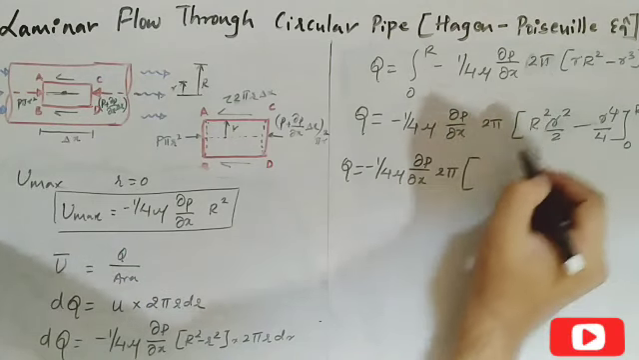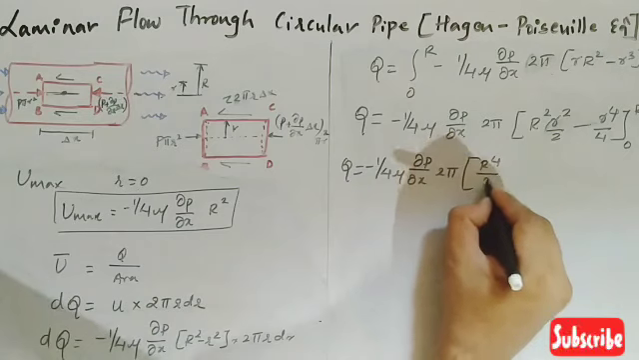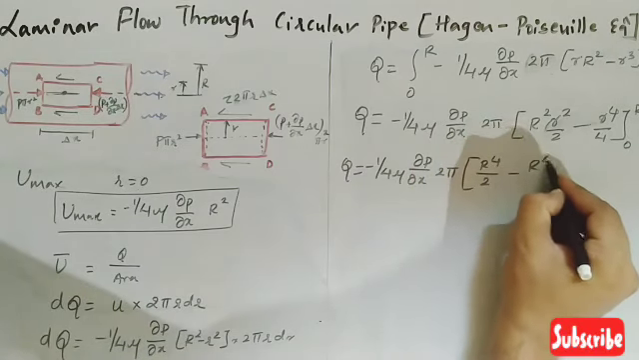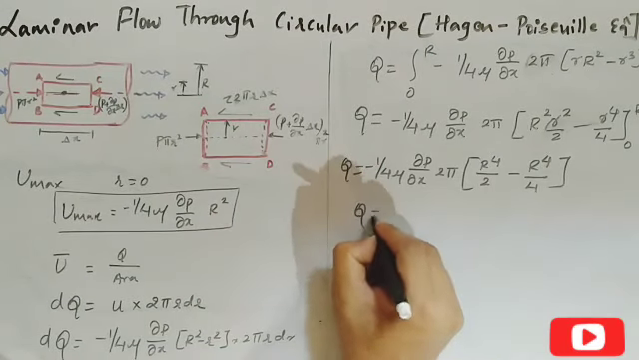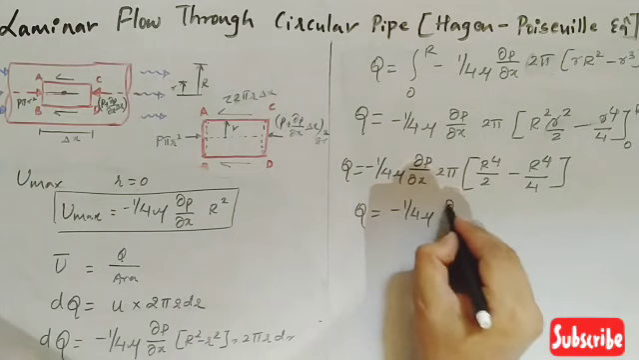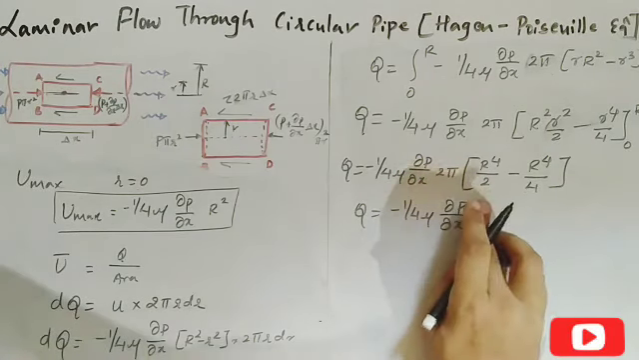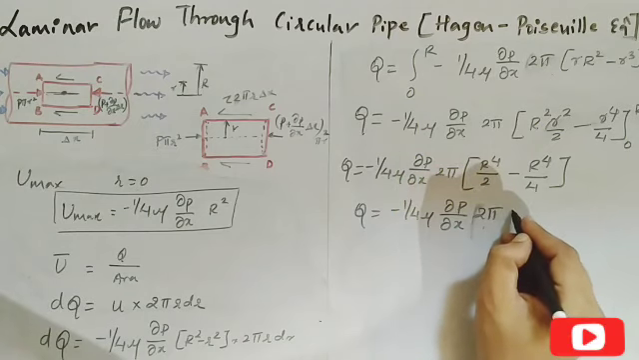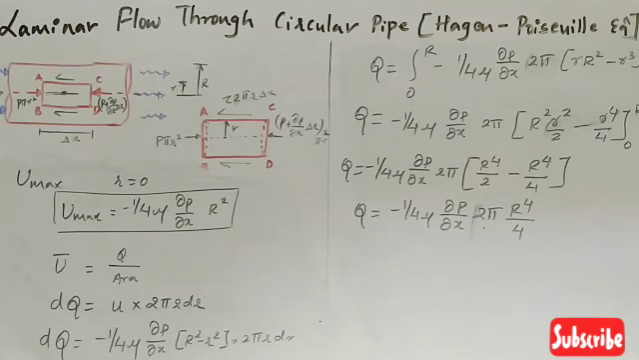Now if I substitute the r value, this becomes r raised to 4 divided by 2 minus r raised to 4 divided by 4. Now the discharge will be equal to minus 4 mu dou p by dou x, sorry, into 2 pi, that will be r raised to 4 divided by 4. Okay, now this is the discharge. So if I again simplify this one,